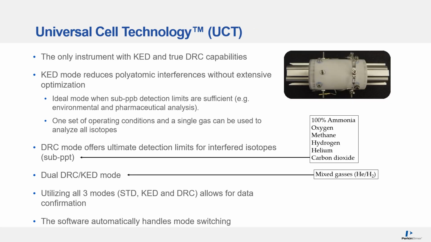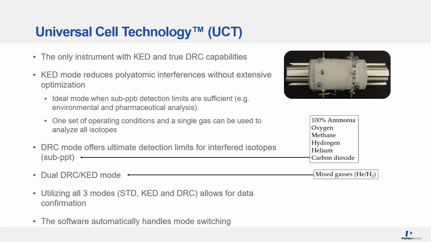The main component in the NexION series to combat interferences is the universal cell. The universal cell allows for both KED and DRC gas modes to be run to remove interferences. The NexION 2000 has 3 gas channels, allowing for multiple gases to be run to remove specific interferences. The NexION 1000 has a single gas channel that can be used for either a single gas or a mixed